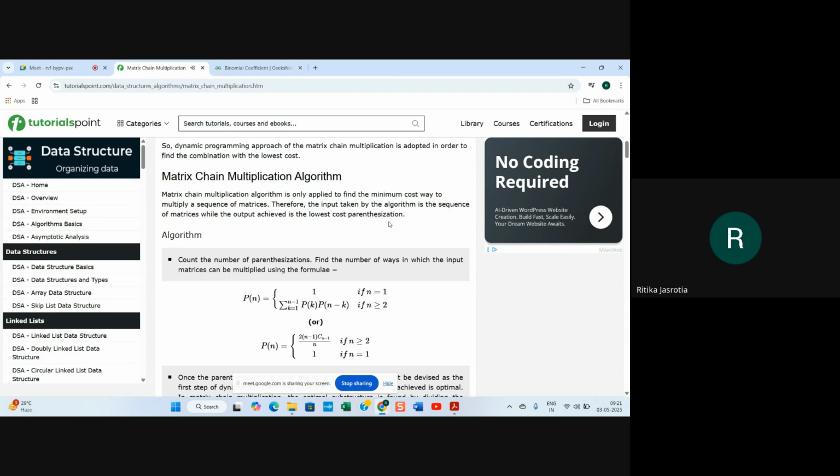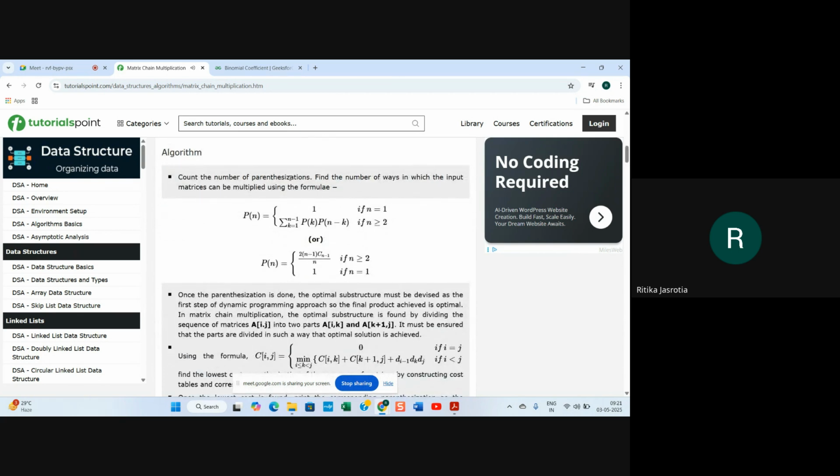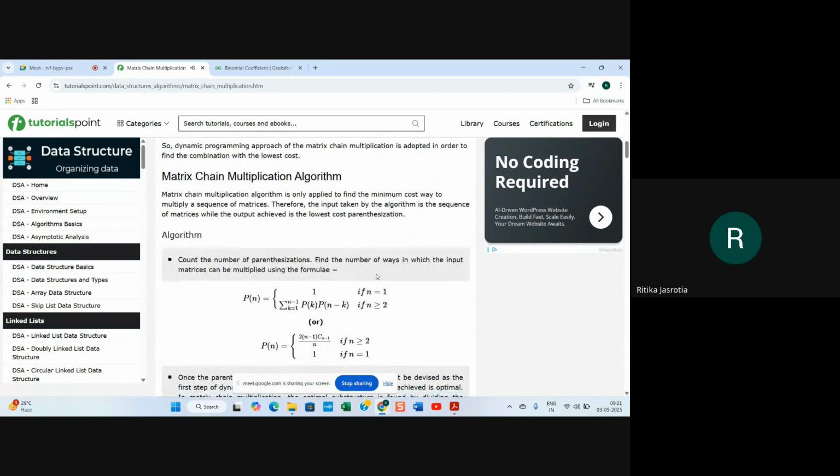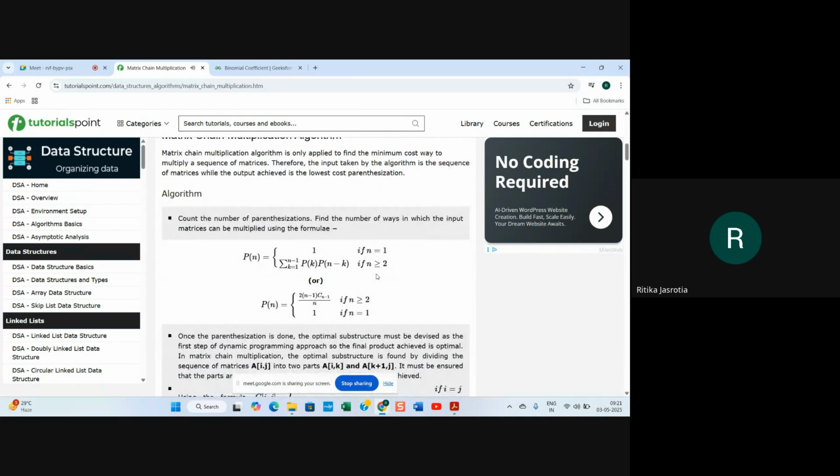parenthesization. Right. So count the number of parenthesizations, that is parentheses. Here we have divided and given parentheses. So you will count the number of parentheses, then find the number of ways in which the input matrices can be multiplied using the formula. The formula through which you will find the number of ways in which the input matrices can be multiplied is Pn is equal to,